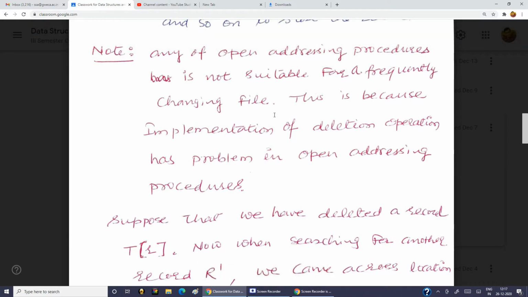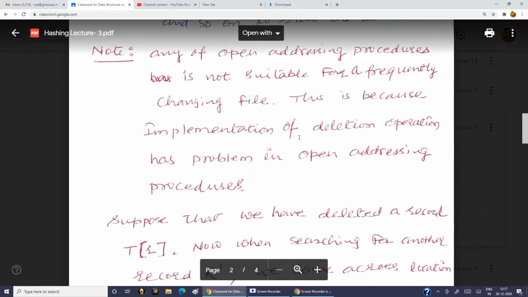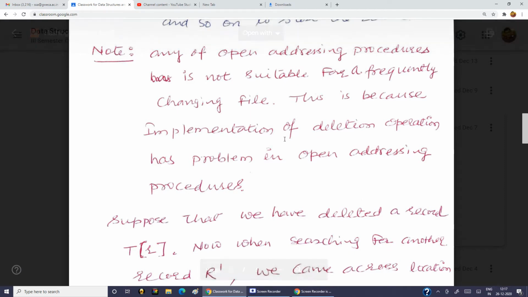Then you will say why they are not suitable. They are not suitable because when you delete an item, the space becomes empty. When you search for some value and you come across that empty space, you will conclude that the record you are searching for is not available in the list.